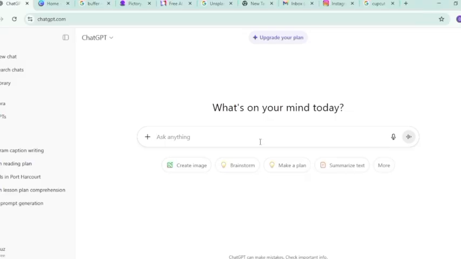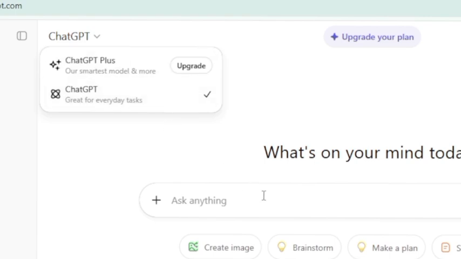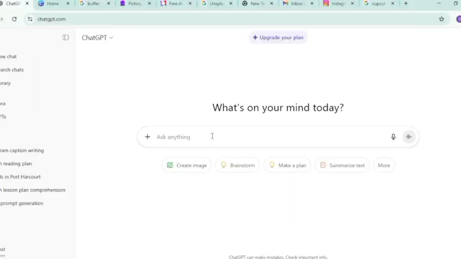So we're starting with ChatGPT. Now you can just go to chatgpt.com so that you can sign up for ChatGPT, or sign in if you already have an account. If you don't have one already, you sign up. It is free. We have a paid version, but we are going to be using the free version. The free version can actually do all that we want. So I just wanted a prompt that could give me the best caption for whatever I'm posting. So whatever you are posting, you can come here and get a caption for it. That's your text, whether it's on Facebook, on Instagram, on TikTok, anywhere.